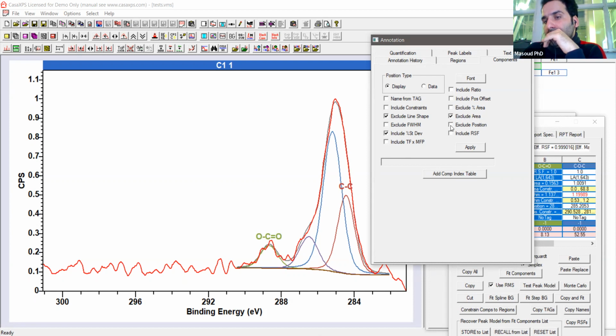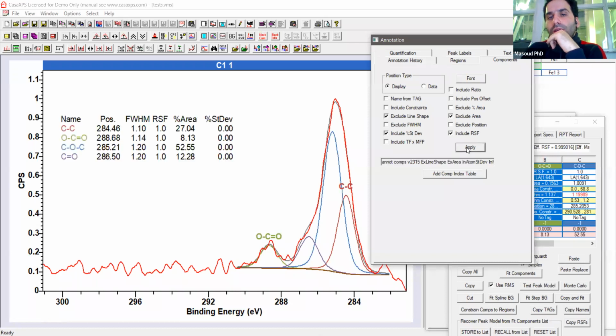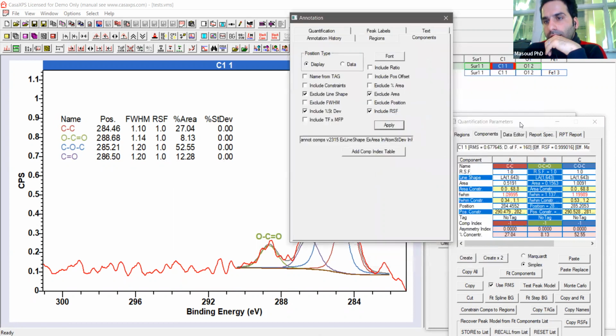Also, you can include or exclude the position of each component, and also the RSF here, and also include the position of the set, which we are not interested in at this moment. So here it gives us the position of each peak, and also the FWHM, the relative sensitivity factor, and the area of this peak, and also the standard deviation,